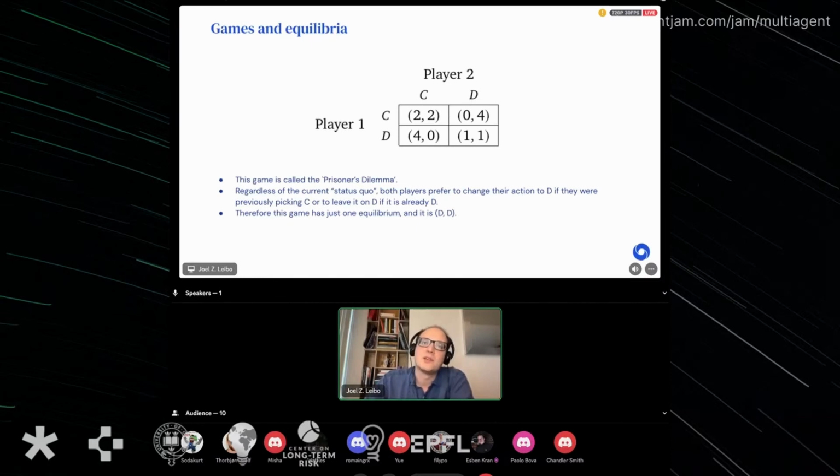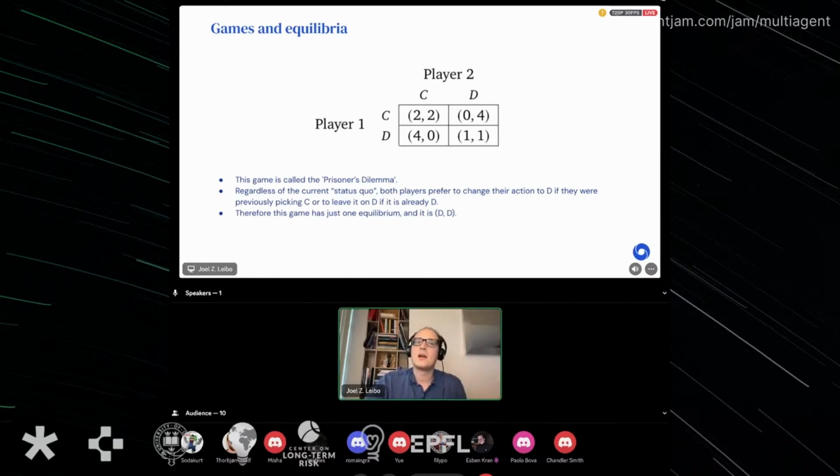But the game on the screen here is called Prisoner's Dilemma. It is a two-player game. There's a player one who is also called the row player, and player two who's also called the column player. The game is played by the row player picking a row of that matrix, and the column player picking a column of the matrix, and that selects a particular cell. Then the first of the two numbers in the cell becomes the reward of the row player, player one, and the second number becomes the reward of the column player, player two.